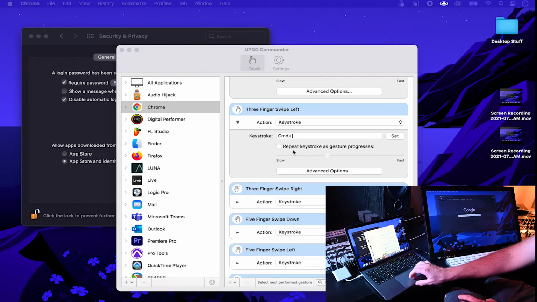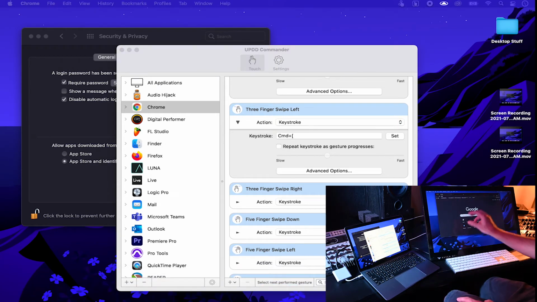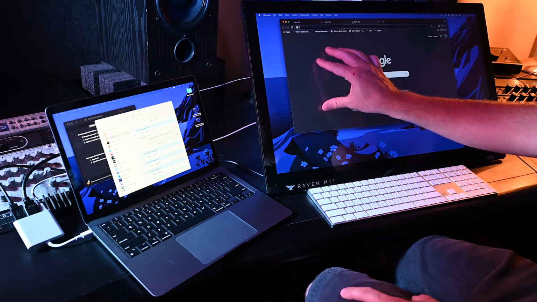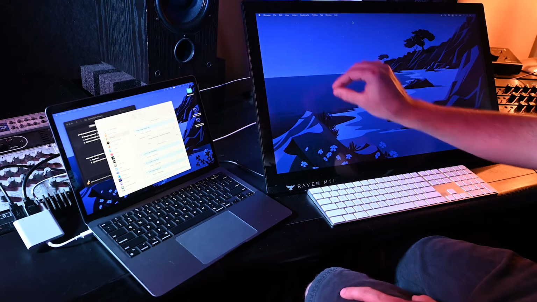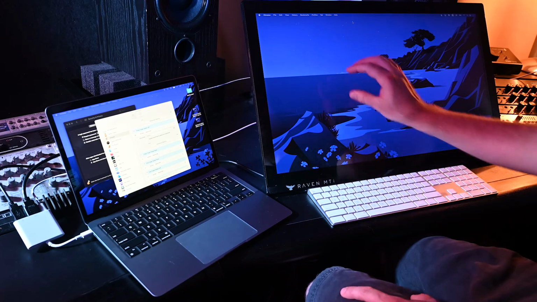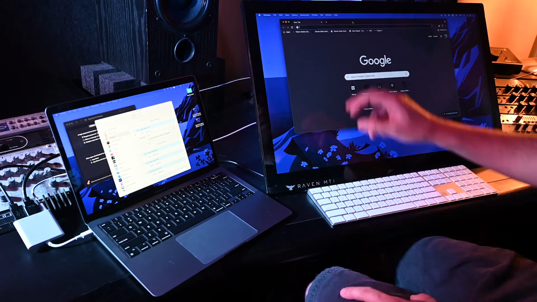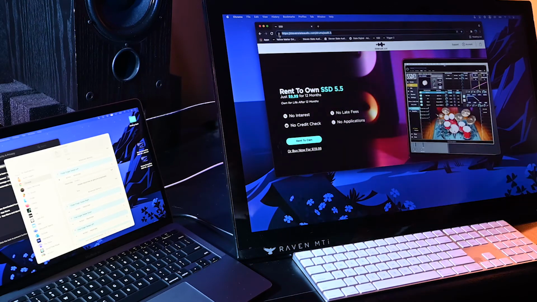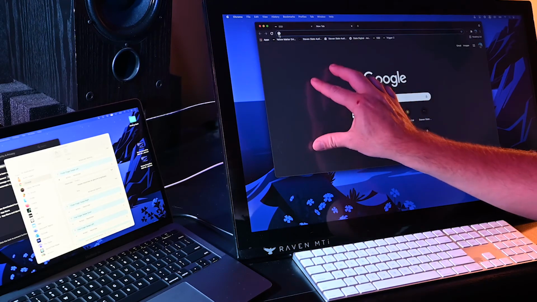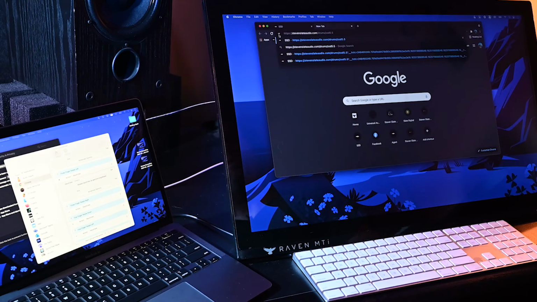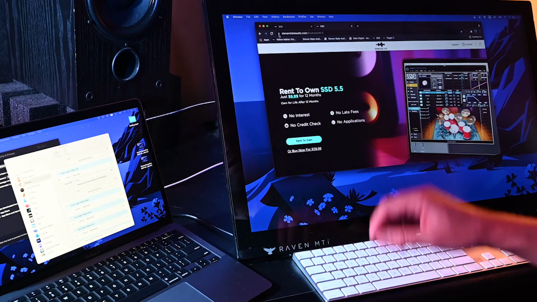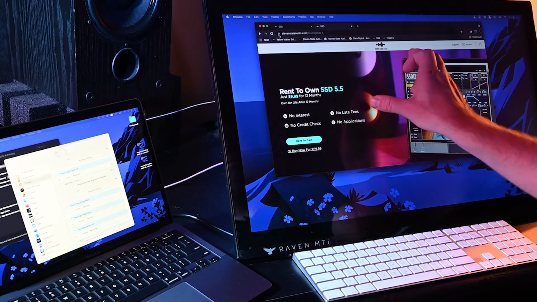So let's open up Chrome. We'll try some of these gestures. So I can make a new tab with a 4-finger splay, close the tab with a 4-finger pinch, make a new window, 4-finger splay. So here we can highlight with a drag, 3-finger splay is going to copy, make a new tab, 3-finger pinch is going to paste, 5-finger tap is going to hit enter. And then we can minimize by rotate left,